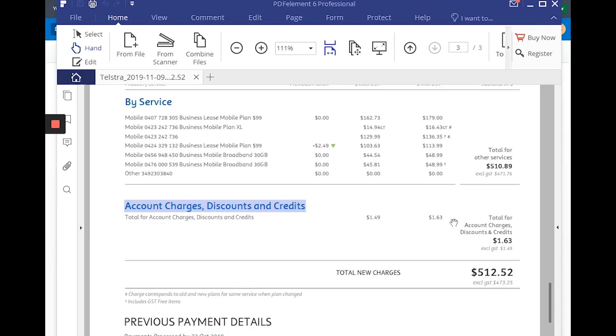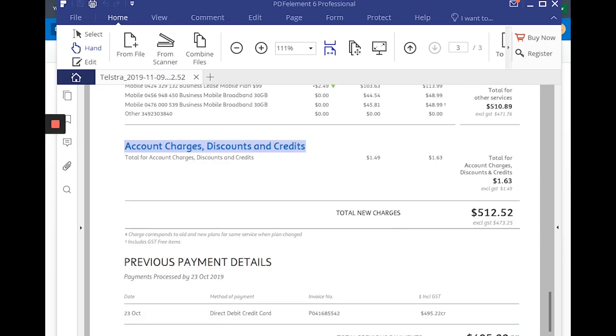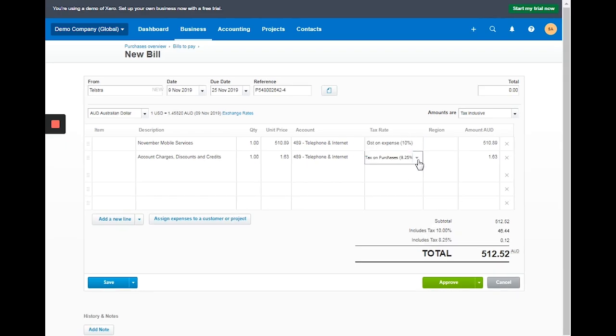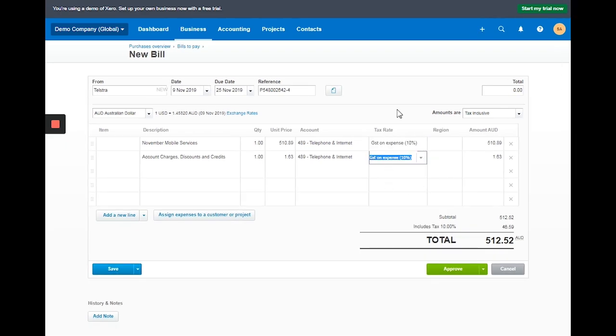That's 10%. So we have to change this as inclusive. Then we need to change the tax rate to 10%. Okay, because this is AUD.